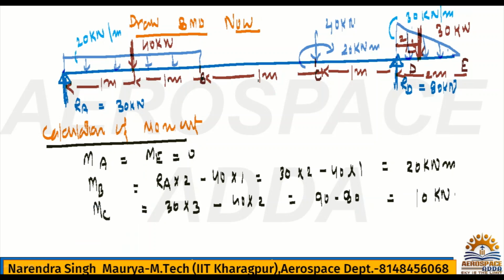10 kilonewton meter, that is MC. But at MC, if you check, you can say just before, because at C one moment we have, okay, 20 kilonewton. So first we have calculated, that is, here I can take point 0 0, or for the beam you can take numbering, we just say 1 2 3. So here this is nothing but,